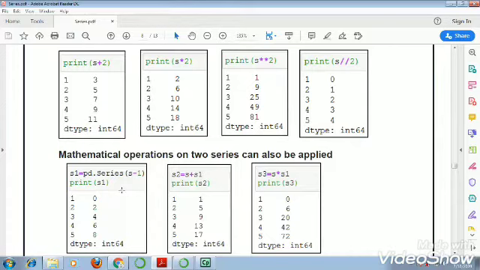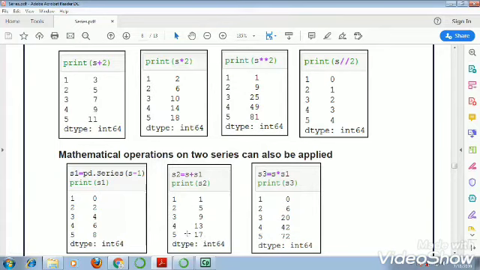So S2 will be 0 plus 1 is 1, and so on up to 17. In case of series S, we have elements 1, 3, 5, 7, 9. So 1 plus 0 is 1, 3 plus 2 is 5, 5 plus 4 is 9, 7 plus 6 is 13, and 9 plus 8 is 17.